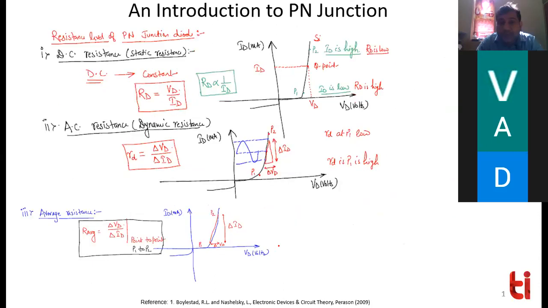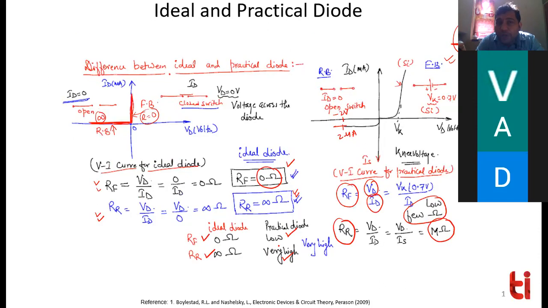Now, before going further, we need to understand the different resistances of the diode, depending upon how you have biased the diode. Now, what is biasing? Let's understand biasing. What is the meaning of biasing? This term will come again and again: you have biased the transistor, you have biased the diode, you have biased the MOSFET. So I wanted to clear it here itself.